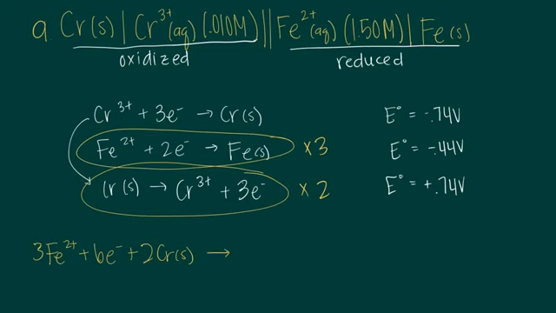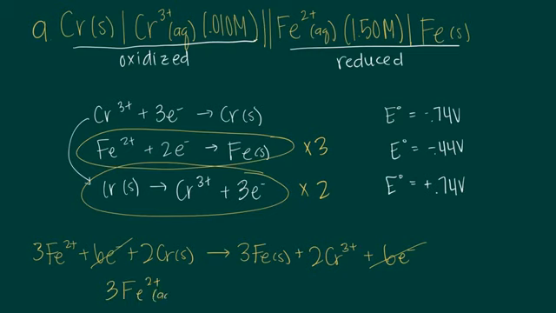That should turn into 3 iron solid plus 2 chromium 3+, and of course our 6 electrons. We can cancel out the electrons and come up with our overall reaction of 3 iron 2+,